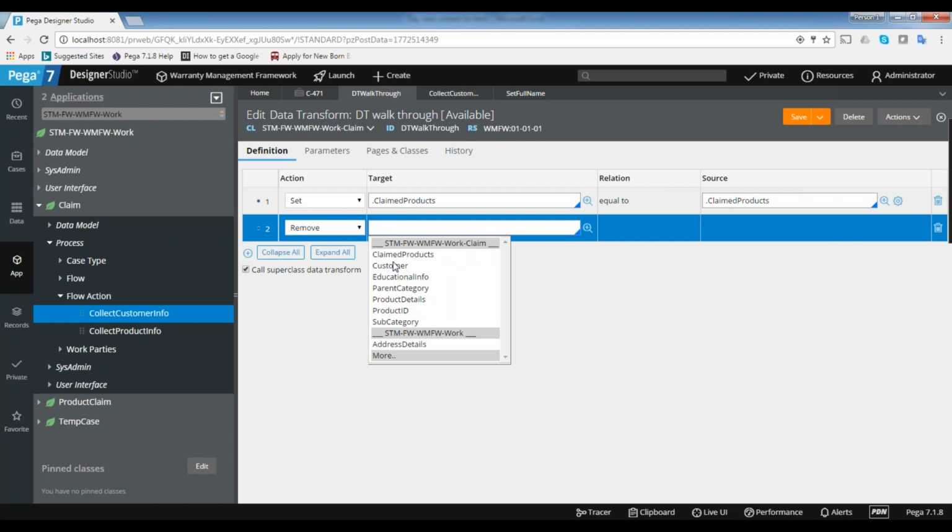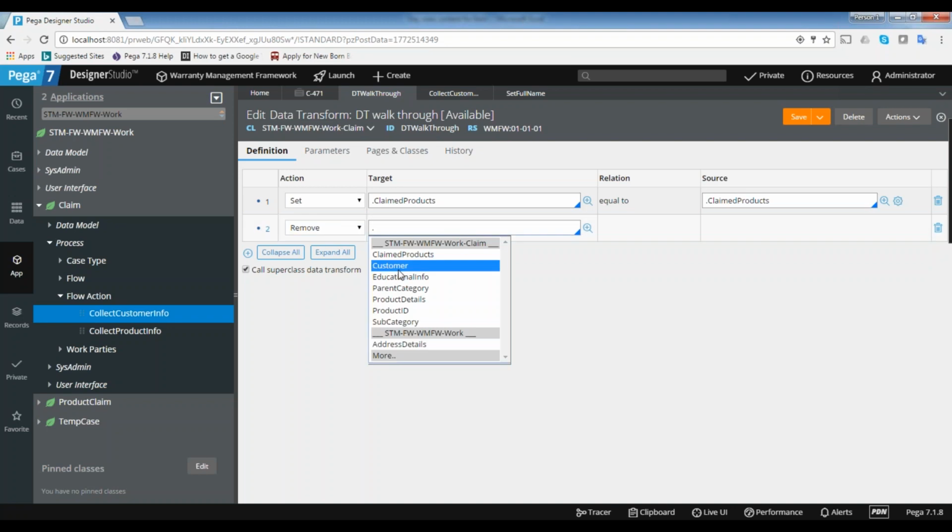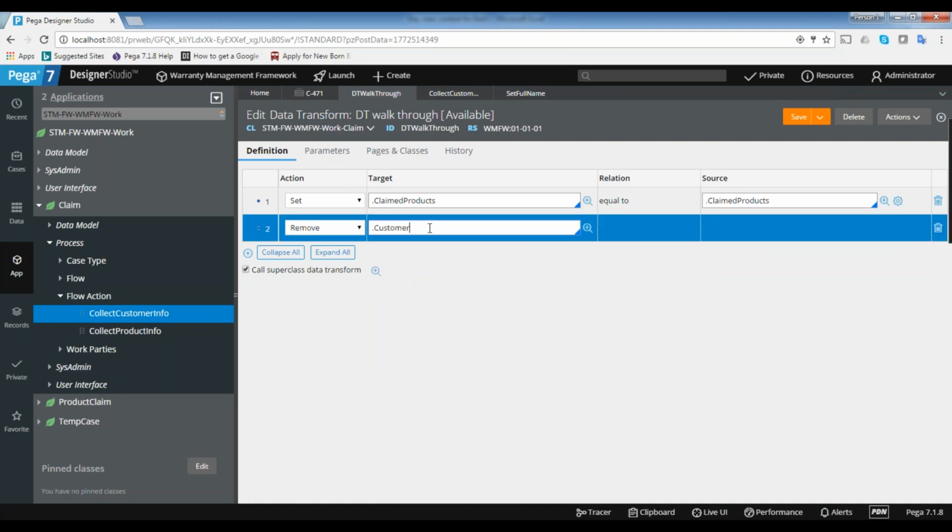So what page do you want to remove? You want to remove customer or one property in the customer. If you give the page name, the entire page will be removed from the clipboard. If you give the property name, the property in the page will be removed. You should use remove only if you don't need that in the memory.